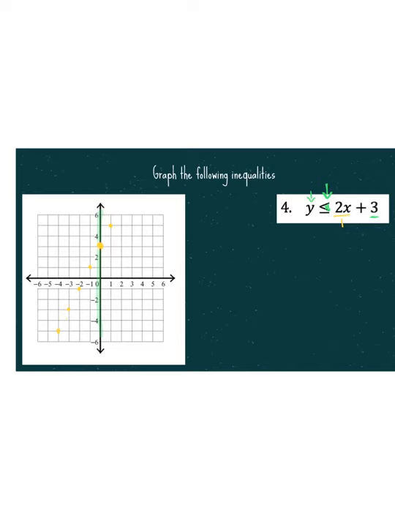Okay, and this is where we decide if it's solid or dotted. Remember, we said if it's just this, it's going to be dotted. But if it's this and this, it's going to be solid. When I look over here, I see that it's both of them, so it's going to be a solid line. I always remember that because of this bottom piece right there. If it has that solid line under the less than or greater than symbol, it's a solid line. So I'm going to go ahead and draw a solid line